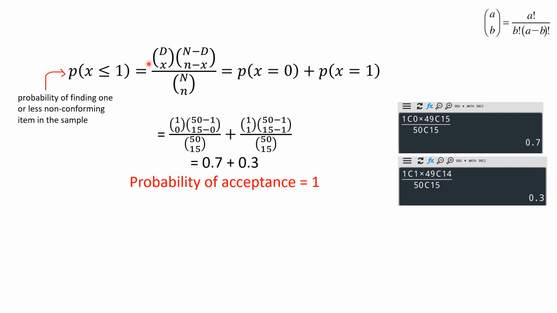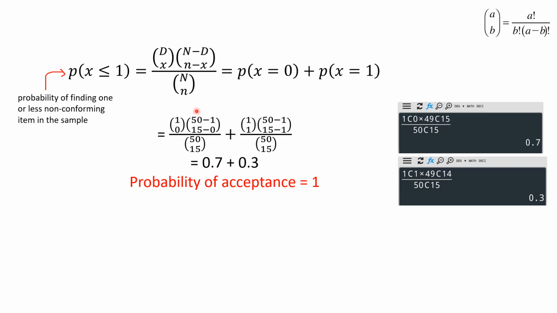So now the probability of getting one or fewer defective items in the sample, we can write like this: probability of x less than or equal to 1. Less than or equal to 1 we can write like this: probability of getting 0 defective, that is x is equal to 0, then probability of getting 1 defective, that is probability of x is equal to 1. And in this formula we simply put x is equal to 0, then we get this term, and then again we put x is equal to 1, then we get this term.